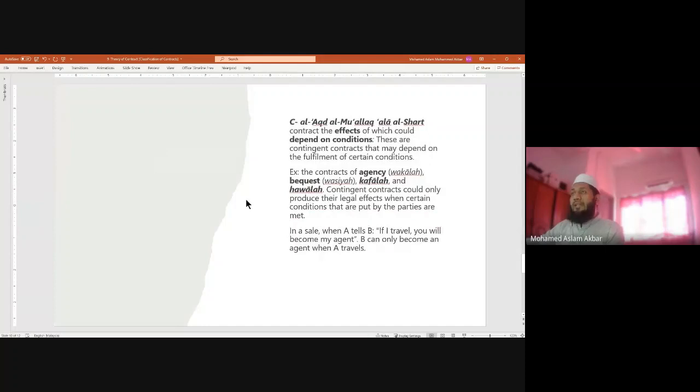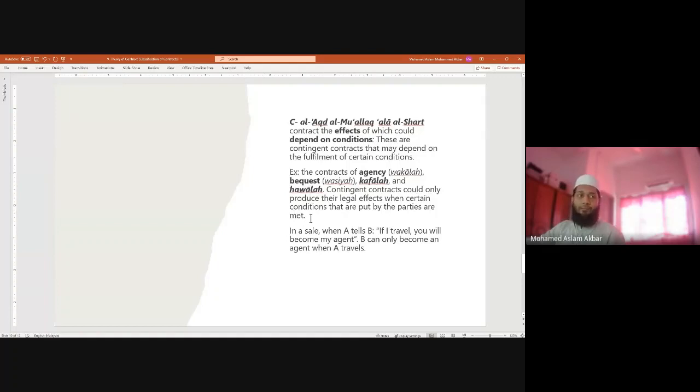Now you have the C, number 3, which means that al-aqd al-mu'allaq ala ash-shart. So this is what we call the contract, the effect of which could depend on condition. These are contingent contracts that may depend on the fulfillment of certain conditions. So now